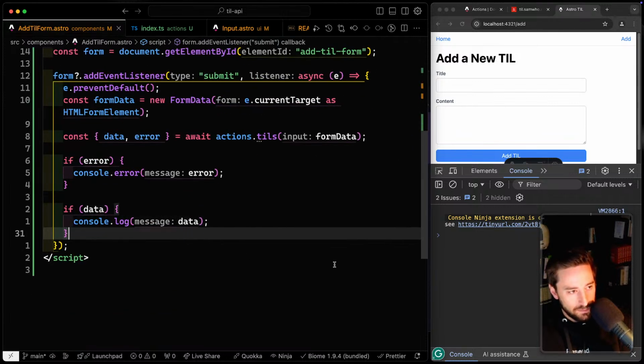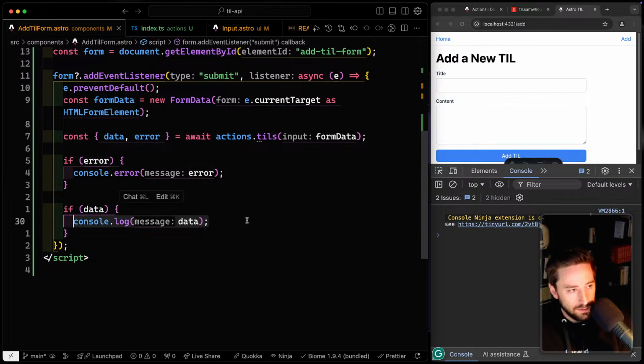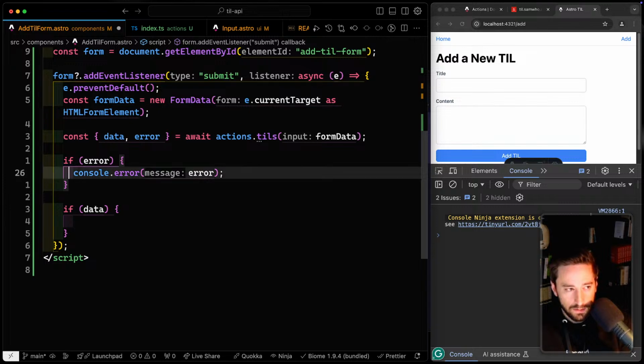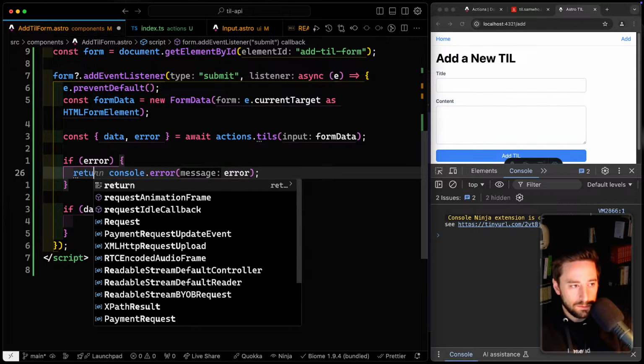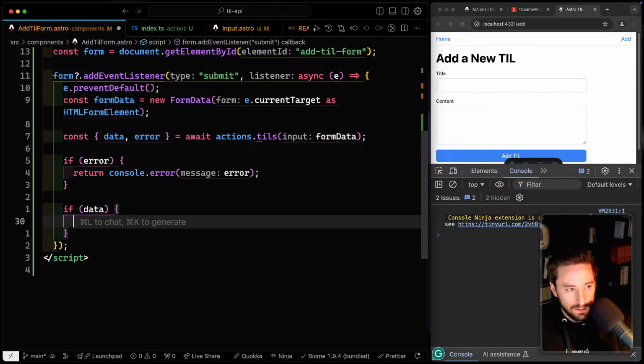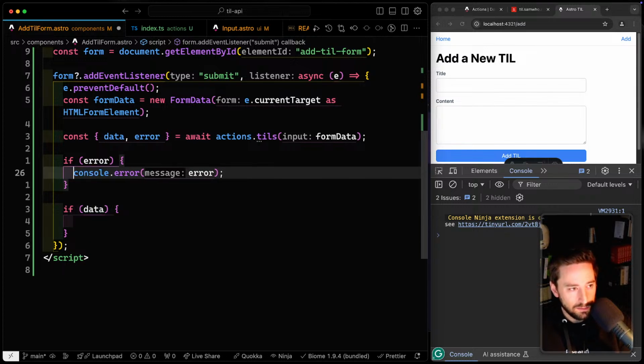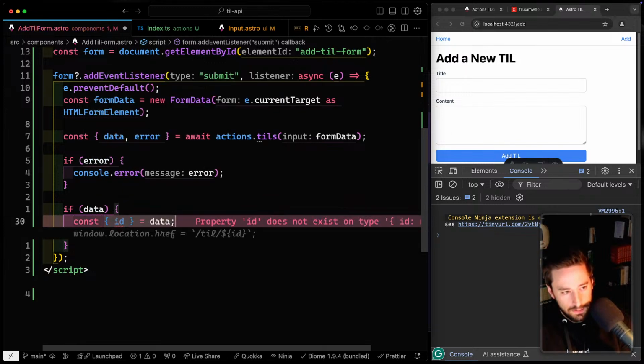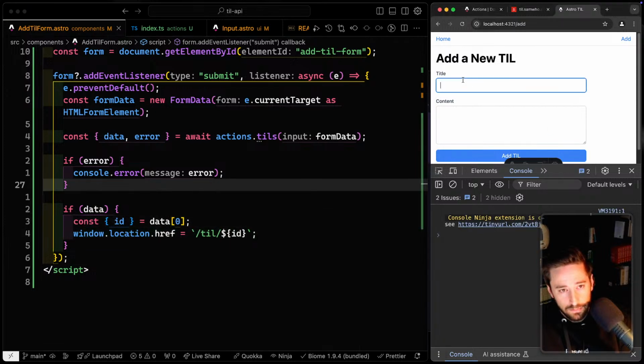So if there's error, that's fine. If there's data, because there could not be, which there should be if there's not error. So we'll just return here and not hit this, I guess. Well, it doesn't really matter. What we want to do is grab the ID off the data and redirect, data.0. Yeah, that should be right. All right, so title here, another item,